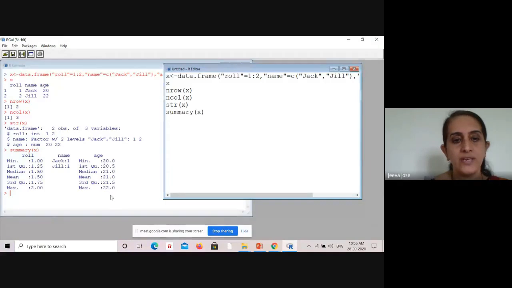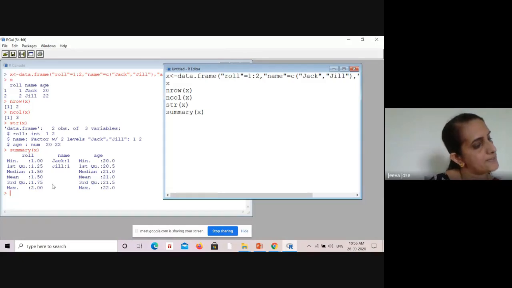So minimum age is 20, here only 2 records, and maximum age is 22. The median, mean, first quartile, third quartile, everything is displayed. Okay, I'm not going for the details. I know statistics people may feel it very simple because all these will be learned in our high school classes. So using a simple function called summary, you can print everything available in that. For roll number also it has printed the mean, median, first quartile, third quartile, everything. But there is no point in that because roll number is just for the numbering purpose. Okay. So this is data frame, and